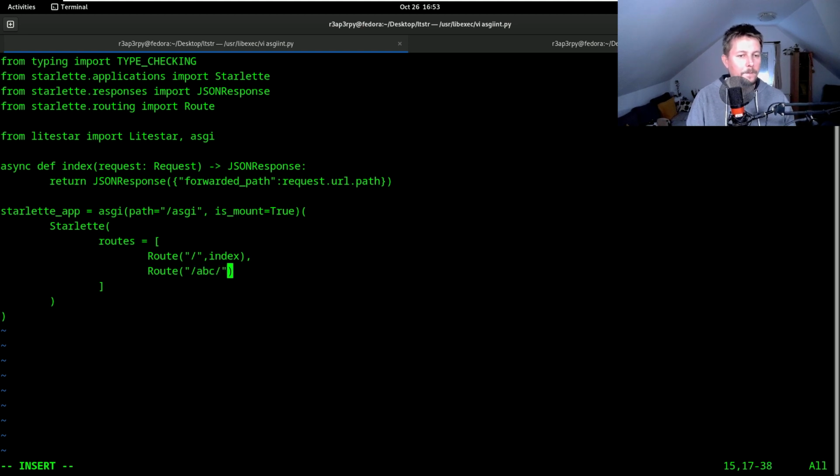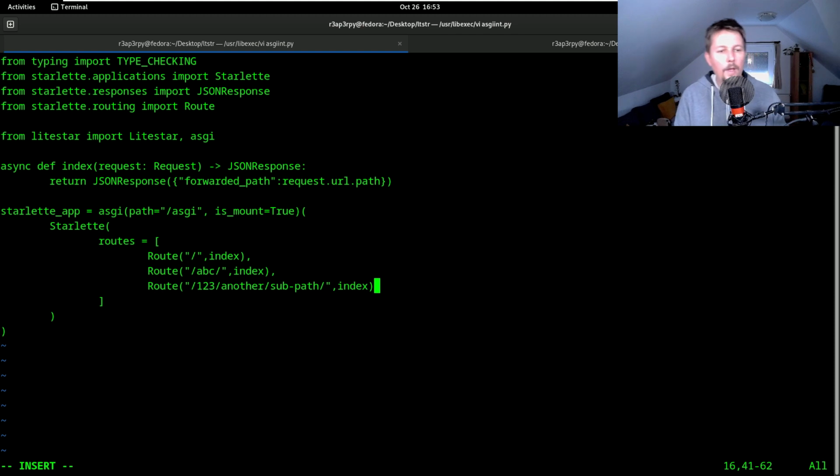ABC, index function, and the route 1, 2, 3, another sub path, and the index context route. So now this is the end of the list,